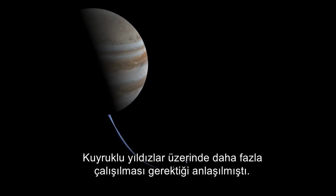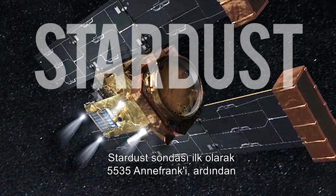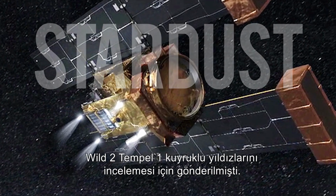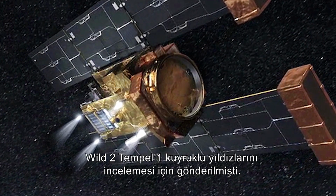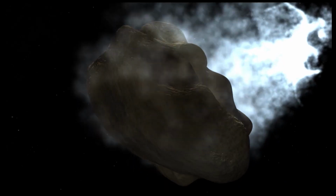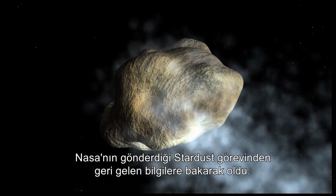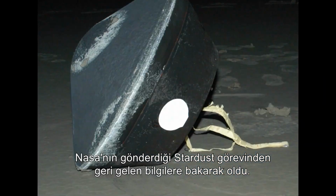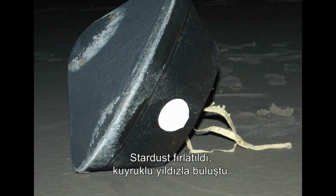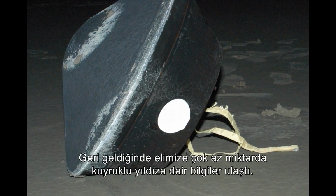Comets required more study. The Stardust probe was dispatched to investigate 5535 Annefrank, Wild 2, and then the Tempel 1 comet. It returned a sample of cometary tail to Earth. Our biggest discovery was looking at this cometary material that was returned from NASA's Stardust mission. The Stardust mission went up, rendezvoused with the comet, brought back very small amounts of comet material and